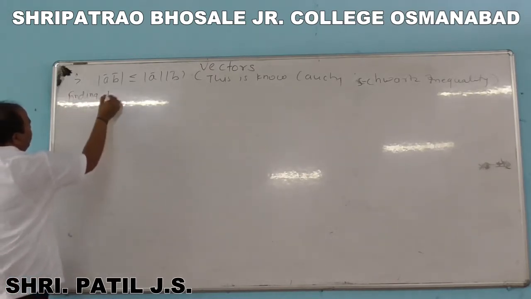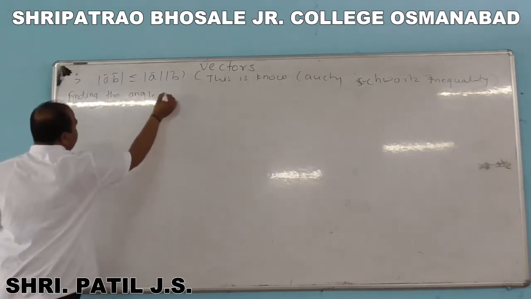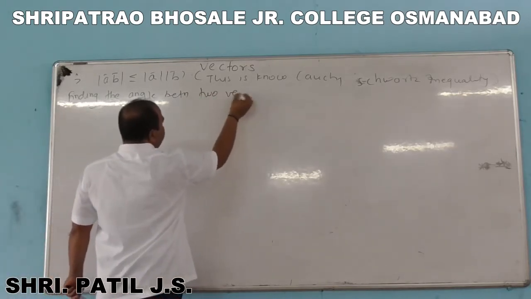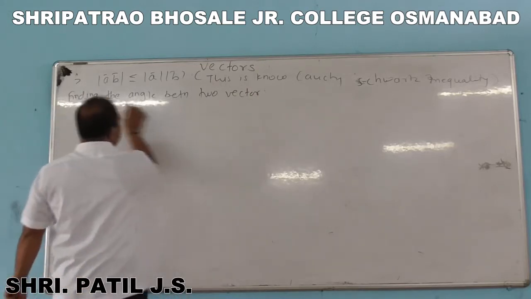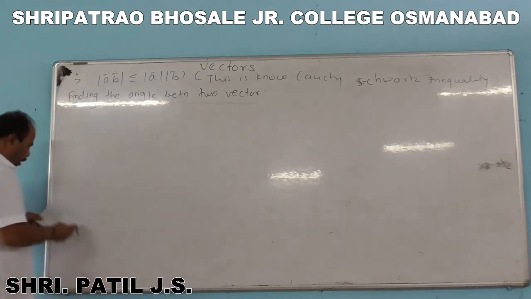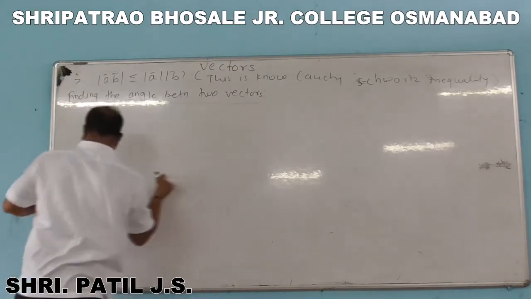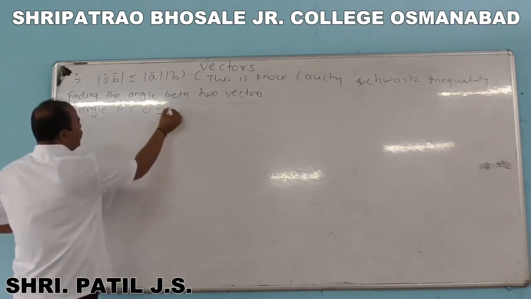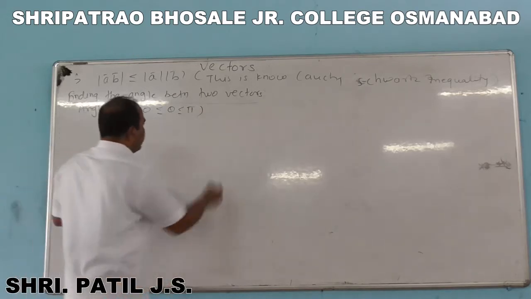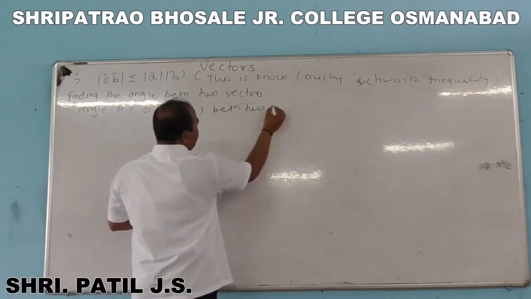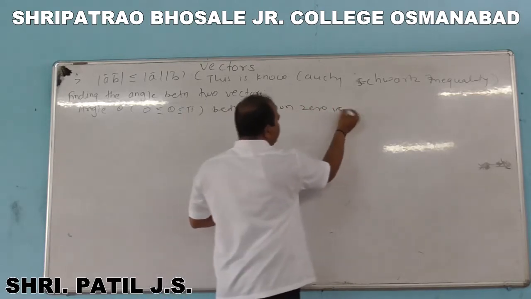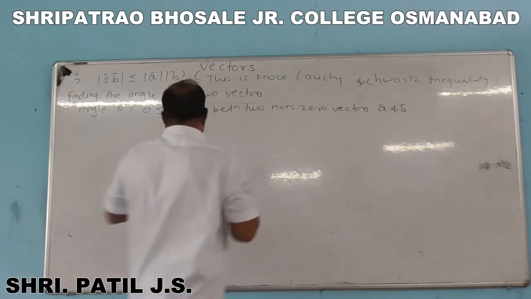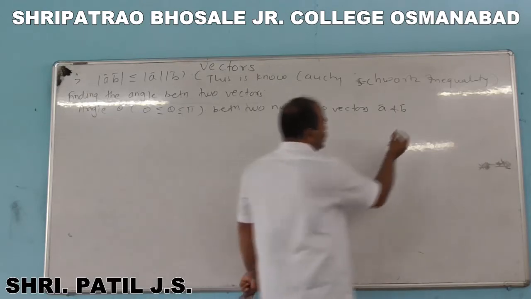Finding the angle between two vectors. The angle theta, between 0 and pi, between two non-zero vectors A and B is given by